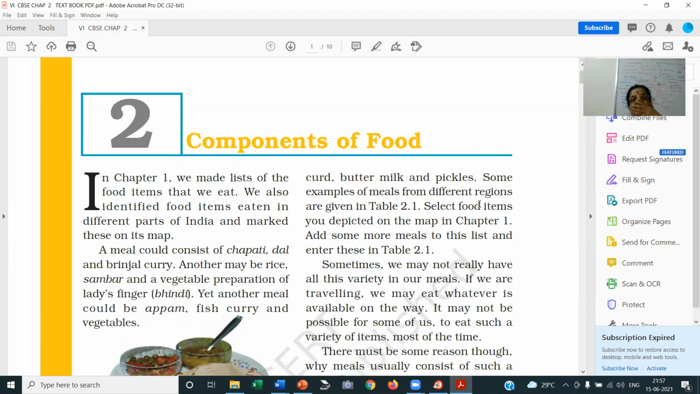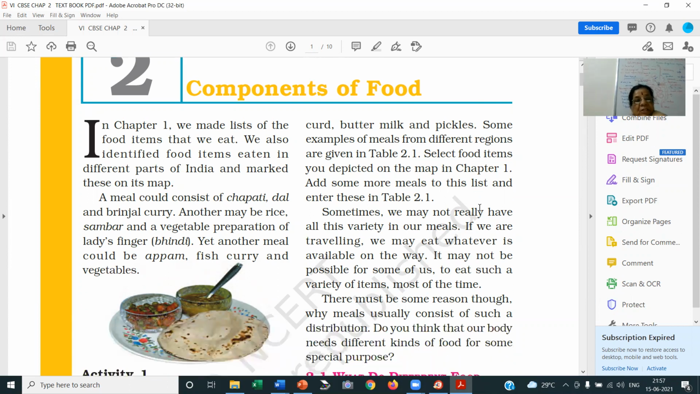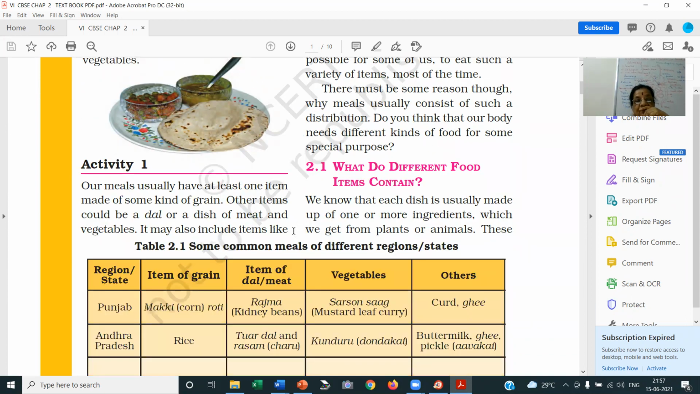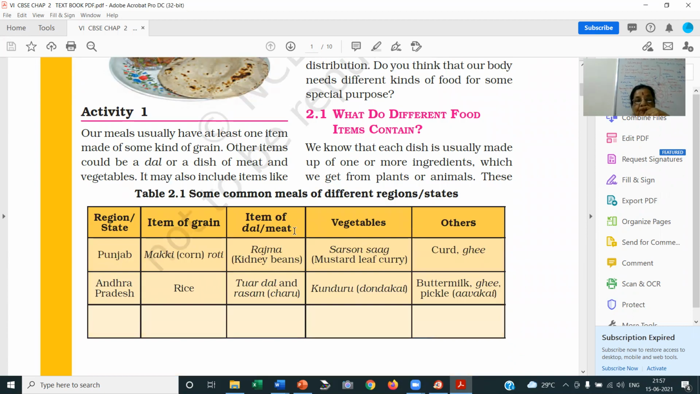Underline. A meal could consist of chapati, dal, brinjal curry. So in the food item, the questions may be asked as what are the ingredients. And then in the table for it, region Punjab,